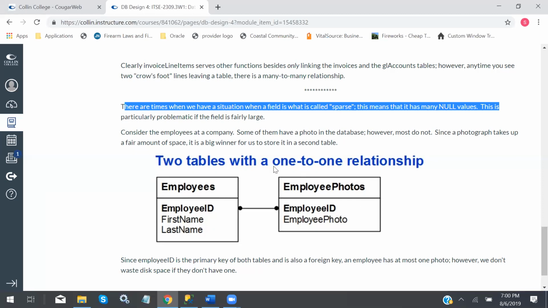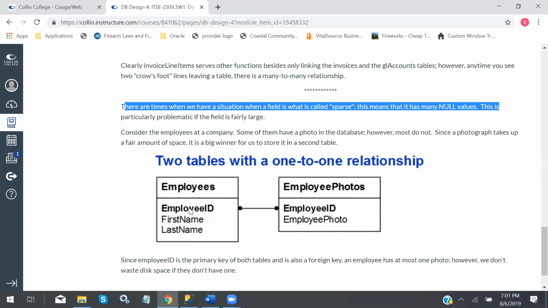Therefore, I would set it up like this. I would have the employee's ID, first name, last name, IQ and shoe size and all that jazz. Oh, that's probably something I don't want in there either. Put it here. And maybe most people don't want their picture. An employee has exactly one picture. A picture applies to exactly one employee, but this one's going to be null. Moreover, the second thing is a picture is probably a pretty large thing, so I don't want this null field in my database. I don't like null fields. So I set it up with a